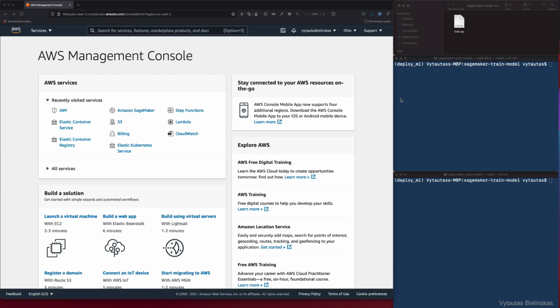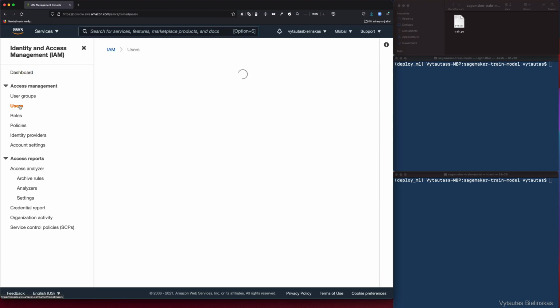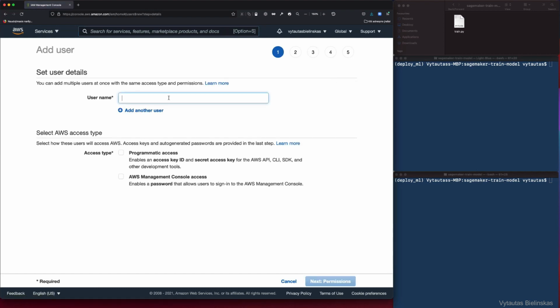It's a good time to create a new AWS user in this step, and for this let's go to IAM in the AWS Management Console. So let's click here, and in this window we need to select the user option right here, so click on this, and in the user window we need to create a new one. Let's add user here, and the username will be my real name, Vytautas. So set your username as you want, it doesn't matter,